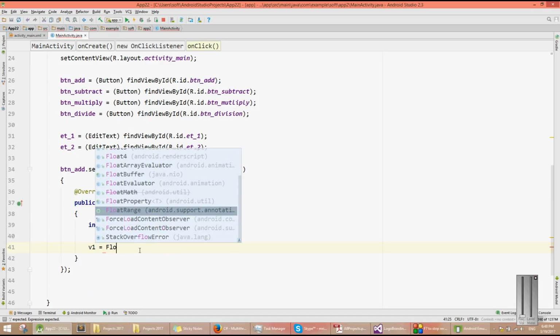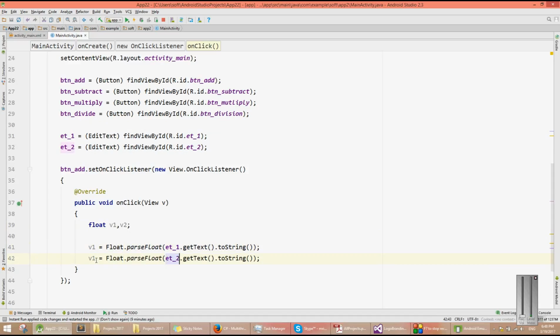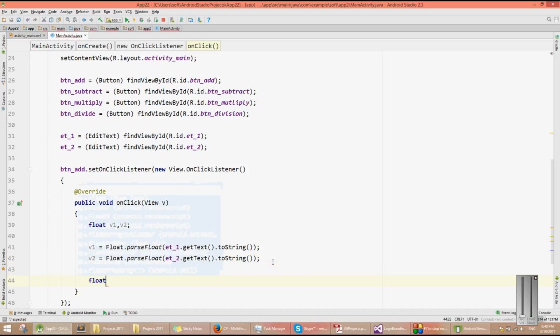and then we will use float dot parse float, and we will paste the code here. The value will be a string, and then we will convert it into float so that we can make our calculation. So inside of int I will use float, and duplicate this line for et2 and v2, and the answer will be float answer is equal to v1 plus v2,